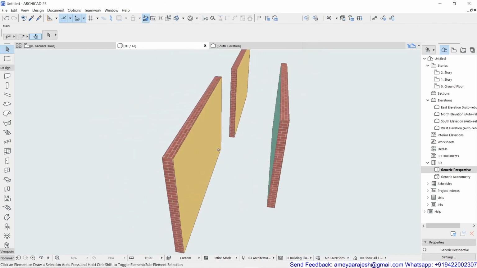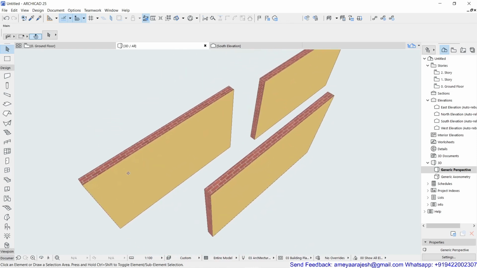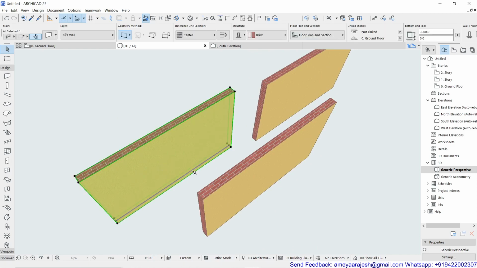That means altogether the same orientation for the outside and inside face, no changes. Only thing, the reference lines are not at the same location. This was center justified. This is on the outer face and this is on the inside. So you can check out the location of the wall; appearance wise, the wall is looking the same. Only the reference line location was actually varied in all the three conditions. So I hope now you have got at least a little bit familiar, or you got a little bit of awareness about this reference line relation with respect to the wall.